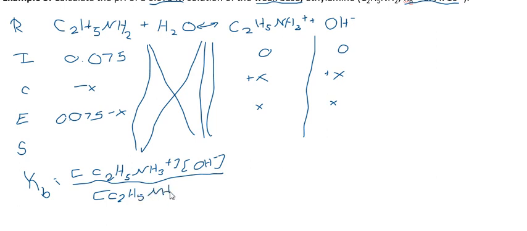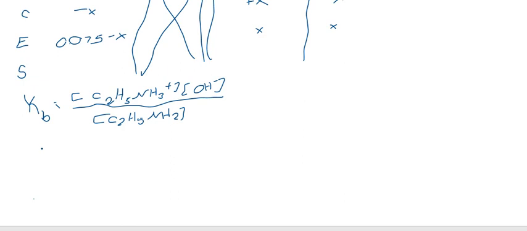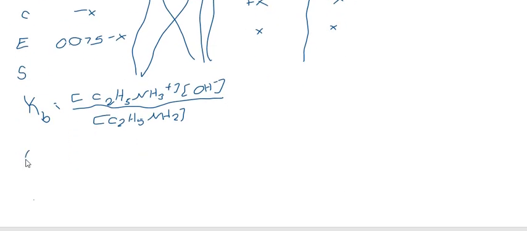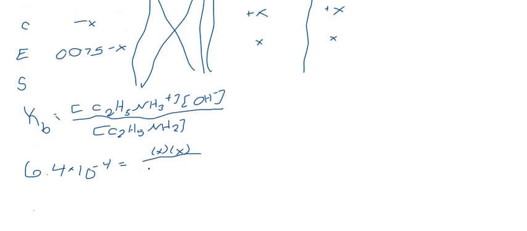My water is, of course, excluded from my base dissociation expression because it is a liquid. My Kb is equal to 6.4 times 10 to the negative 4. My conjugate acid is X. My hydroxide is X. And my ethylamine is 0.075